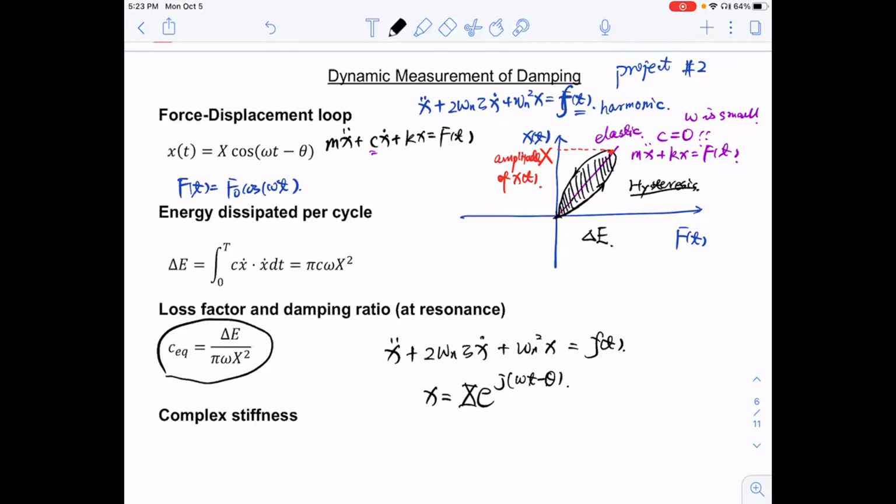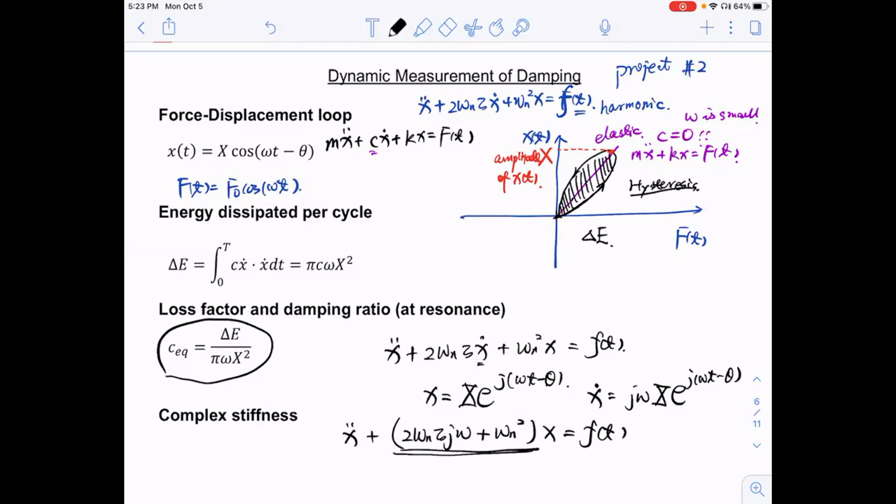Right? Then your x single dot is j omega, t minus theta, right? You can replace your x and x dot and plug it back. By doing so, you can get rid of your x dot term. So what you have is x double dot equals 2 omega n zeta j omega plus omega n squared x equals ft. So these, whatever in front of this, we call it complex stiffness because it's a coefficient